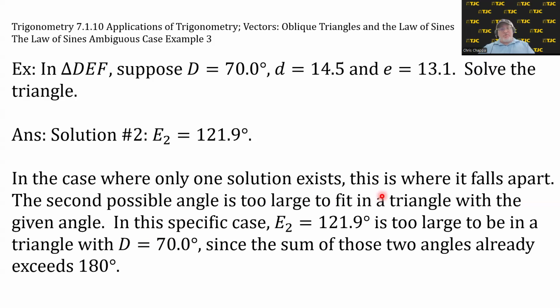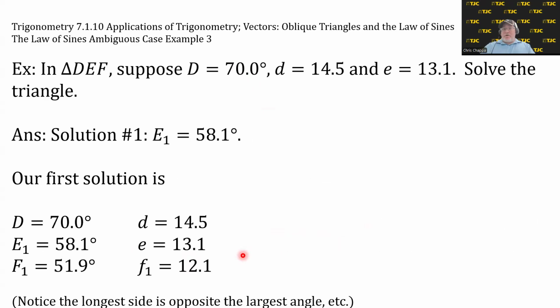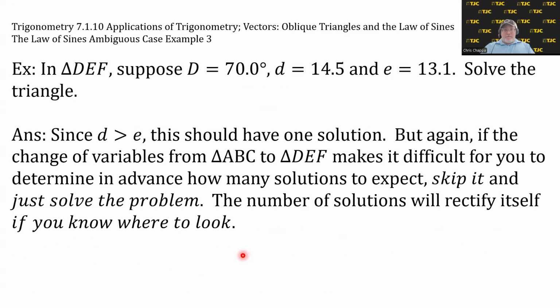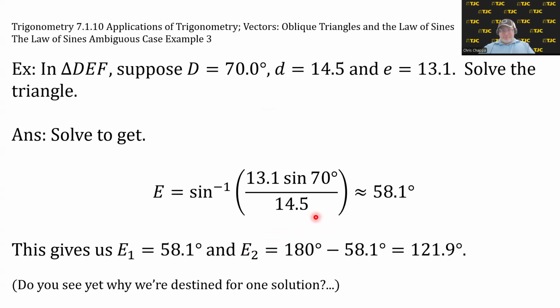So in the case where only one solution exists, this is where it falls apart. The second possible angle, which in this case was 121.9 degrees, is too large to fit in a triangle with the given angle, which in this case was 70 degrees. In this specific case, the second angle for E, 121.9 degrees, is too large to be in a triangle with D equals 70 degrees, since the sum of those two angles already exceeds 180 degrees. So going back here, when we first found our two angles,